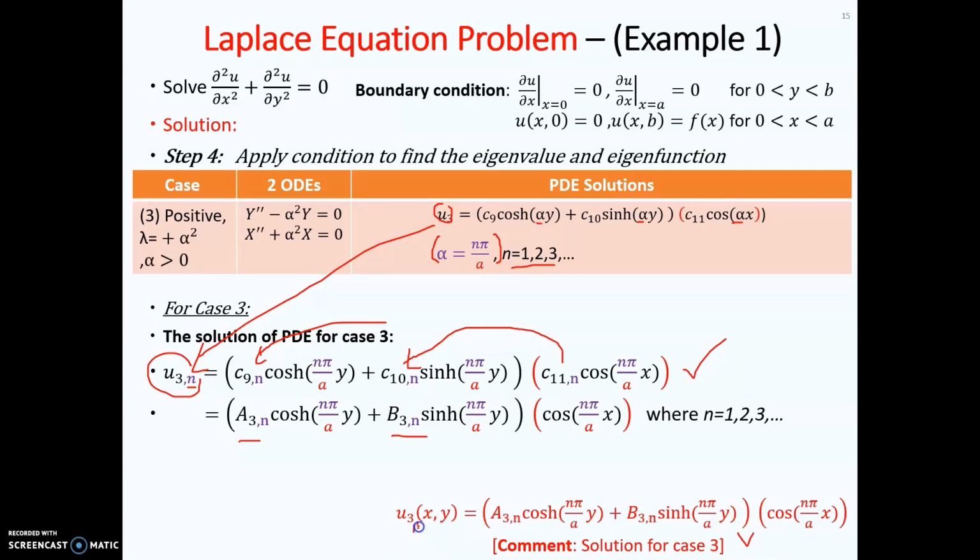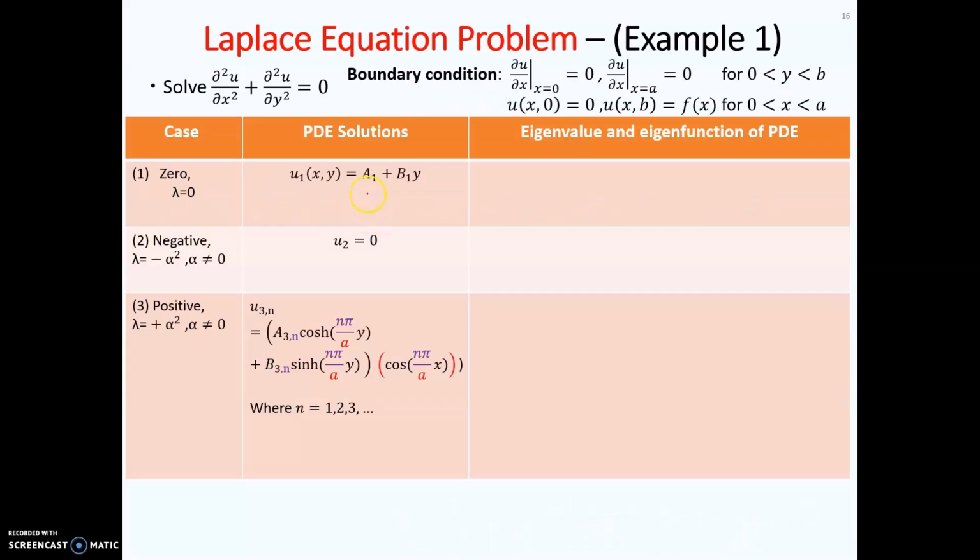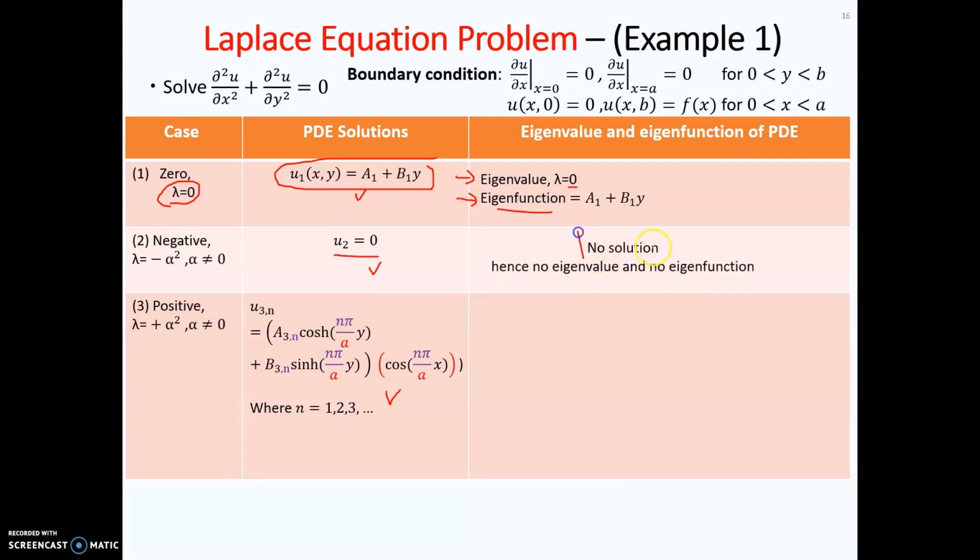Don't forget the n here to indicate multiple solutions due to the n index. This is the solution that you obtained so far for 3 cases. For the first case, lambda is the eigenvalue, and in this case lambda is equal to 0. And the solution to the PDE here is called the eigenfunction. For the second case, U2 equal to 0, therefore there is no solution, no eigenvalue and no eigenfunction in